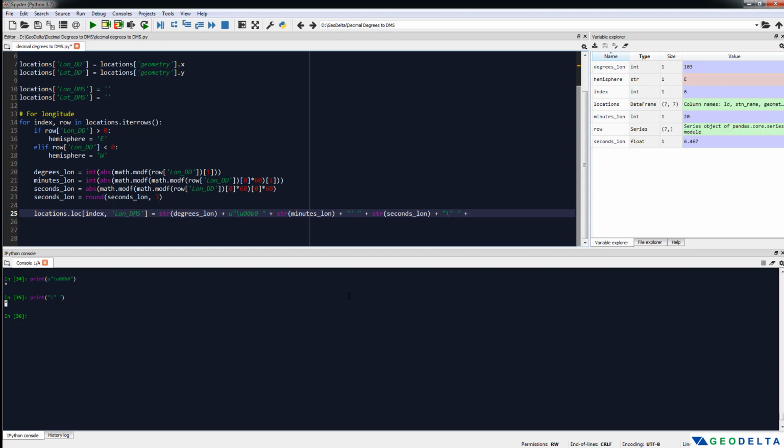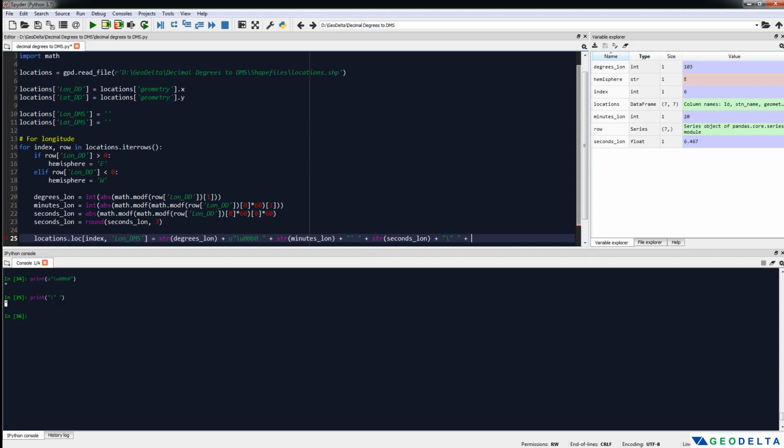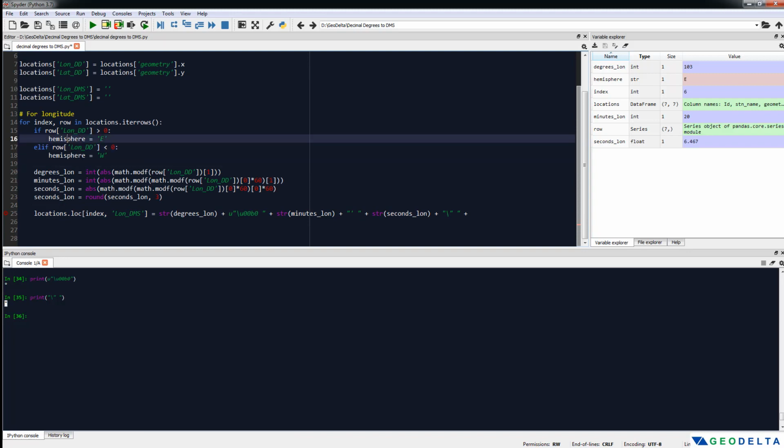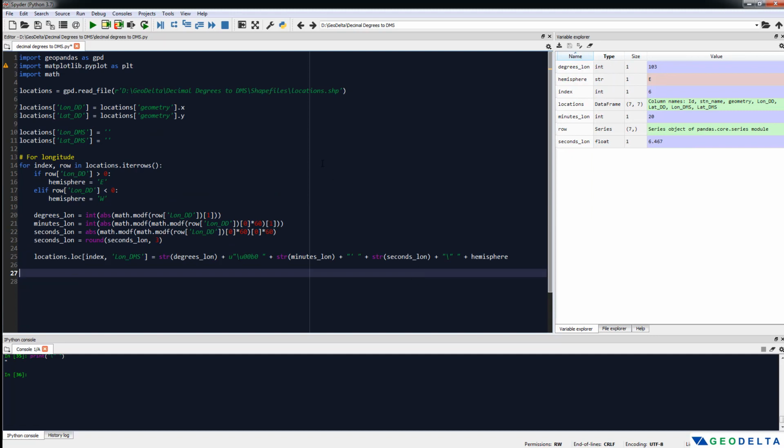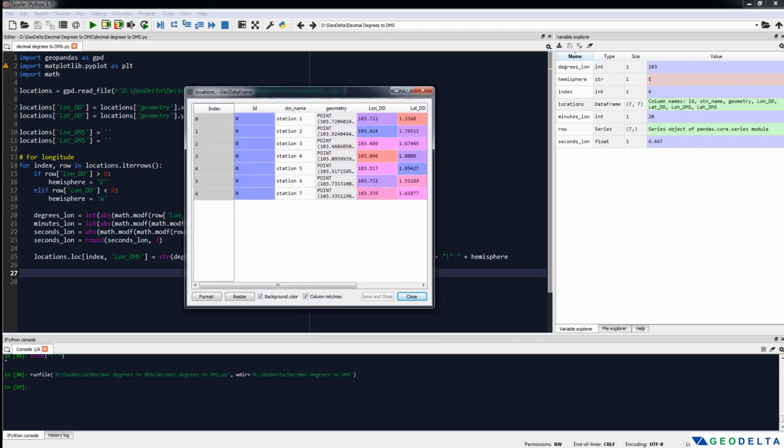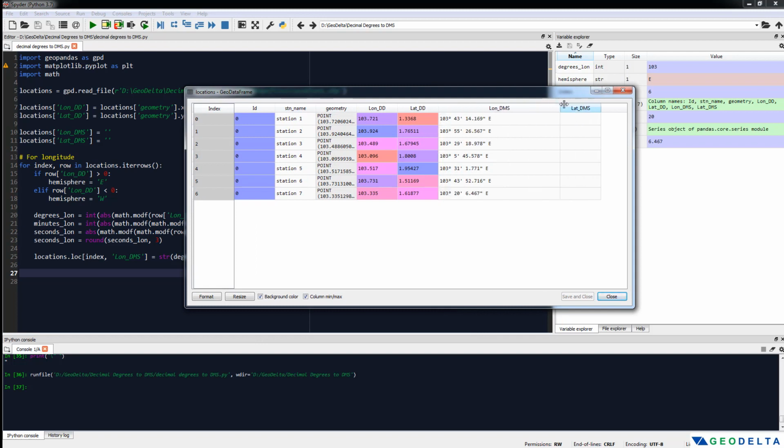And finally, I'm going to include the hemisphere as well, which we specified over here. It's either going to be E or W, depending whether it's actually located in the eastern hemisphere or the western hemisphere. So I'm just going to specify it as hemisphere. Alright, now we can just run this command and see how it looks. Now if I open these locations over here,